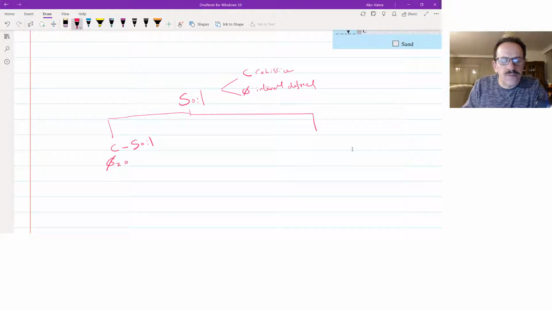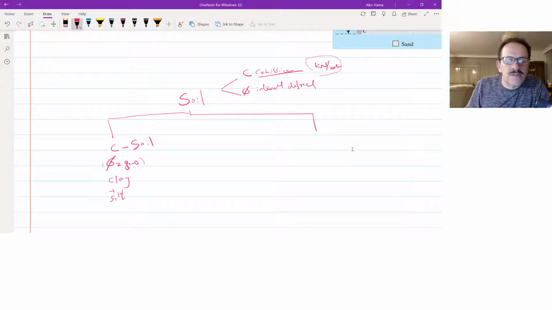They have only the value of C, and as I told you, this is the cohesion factor, and it can be measured in kilonewton per meter square. So it will give you the cohesion force or the shear force that we have for the soil. C soils means soils like pure clay and pure silt, so they are not granular ones, and their phi is equal to 0.